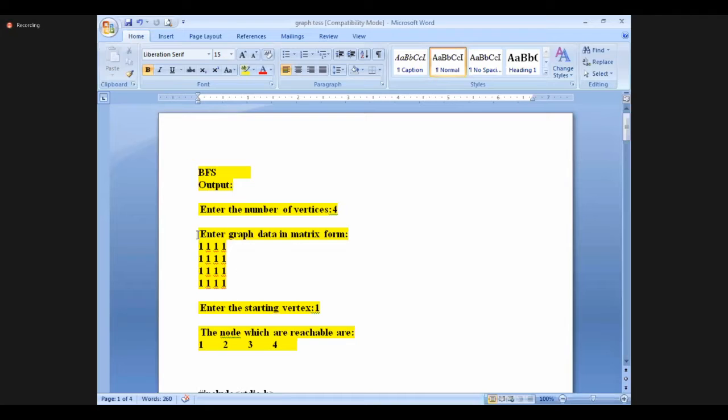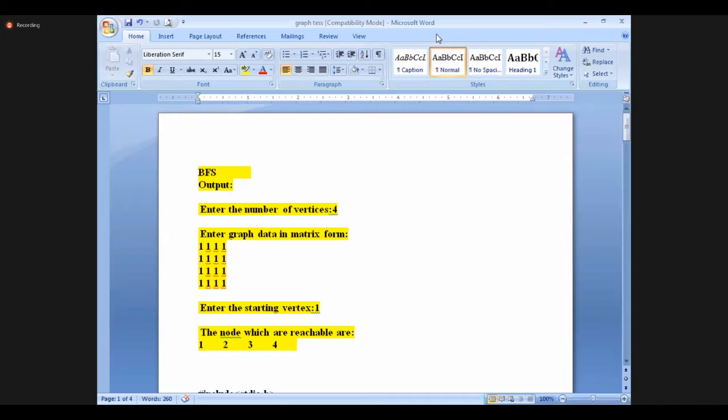Based on this, it understands the graph and the connections between all the vertices. So now enter the starting vertex. We'll ask the user from which vertex to start the BFS.